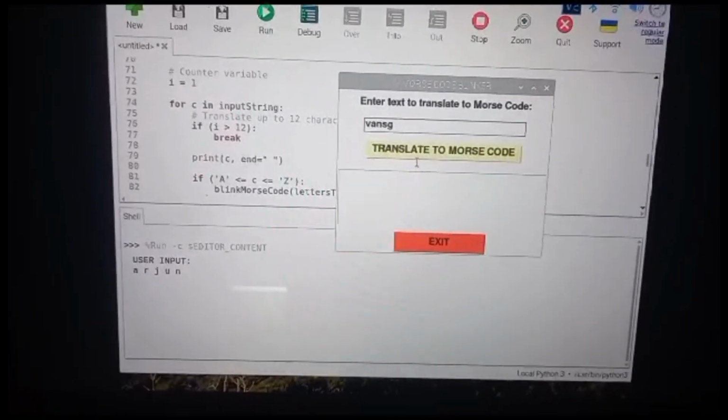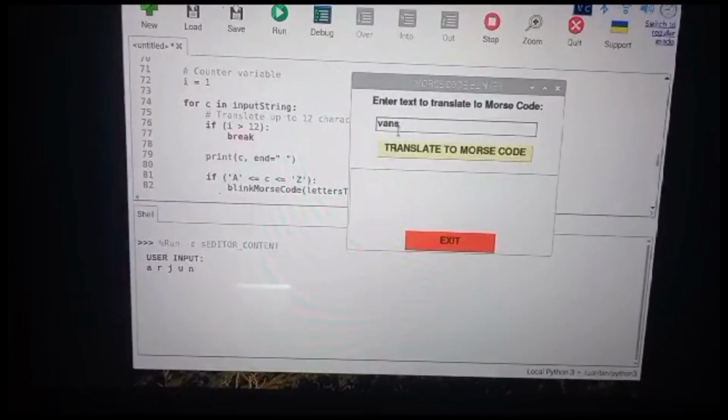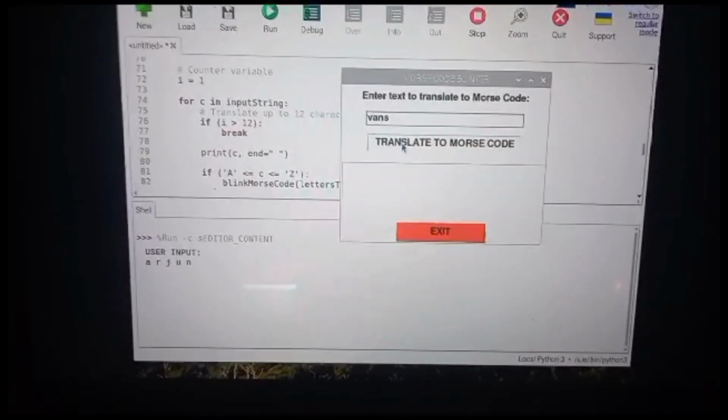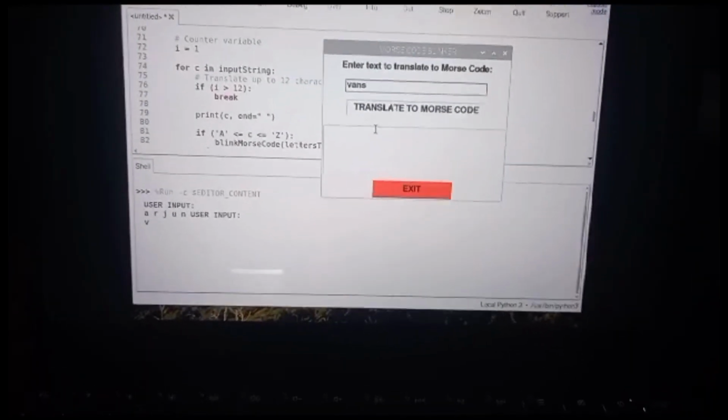an LED. So this is my GUI for this task, and this is my video which demonstrates how this task